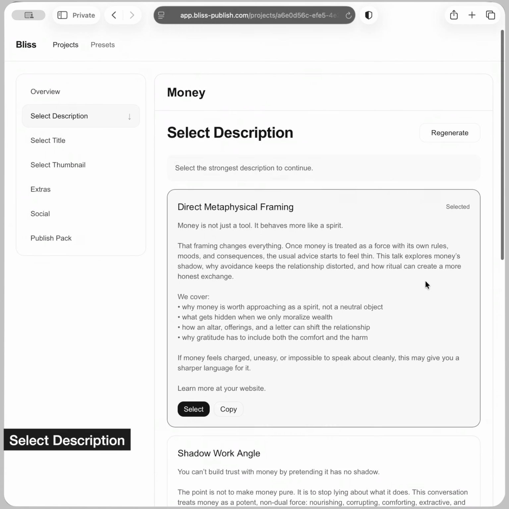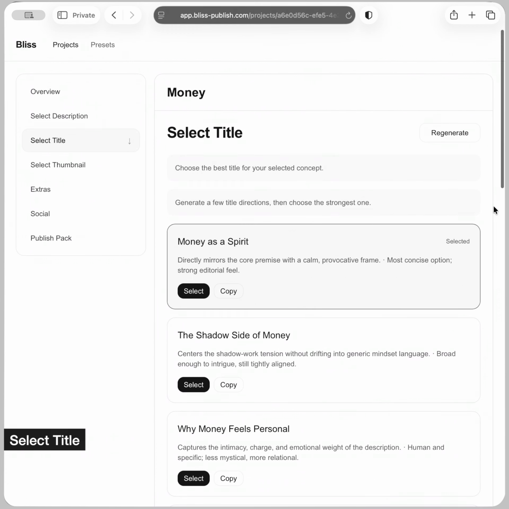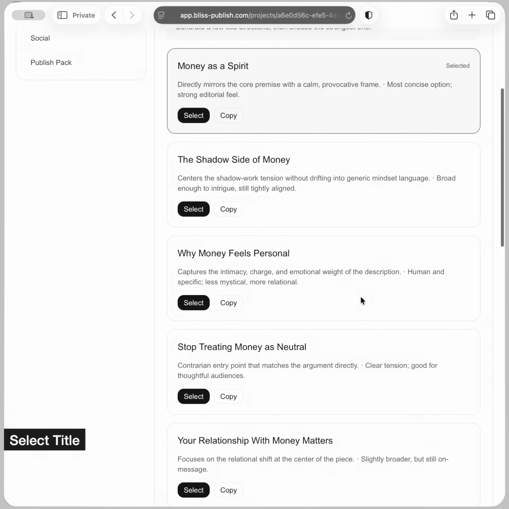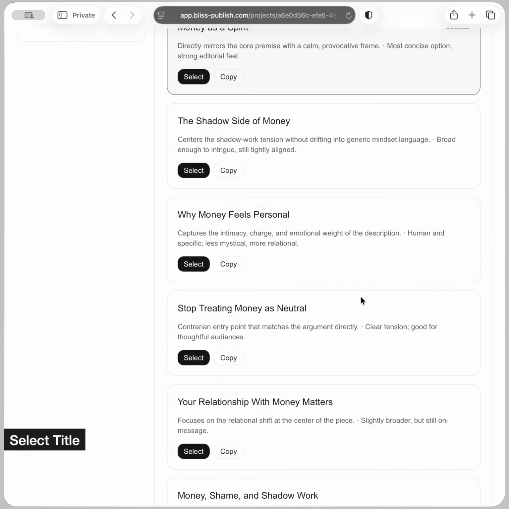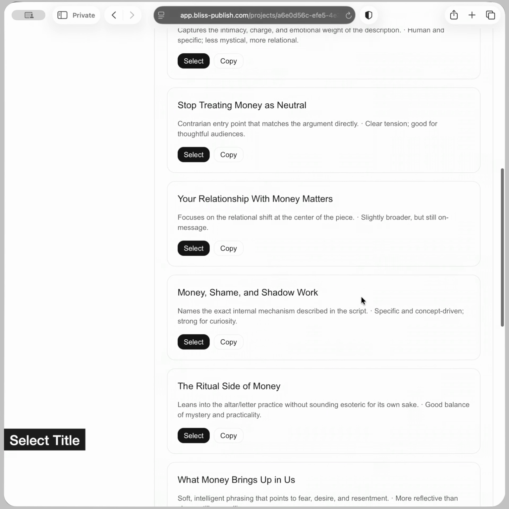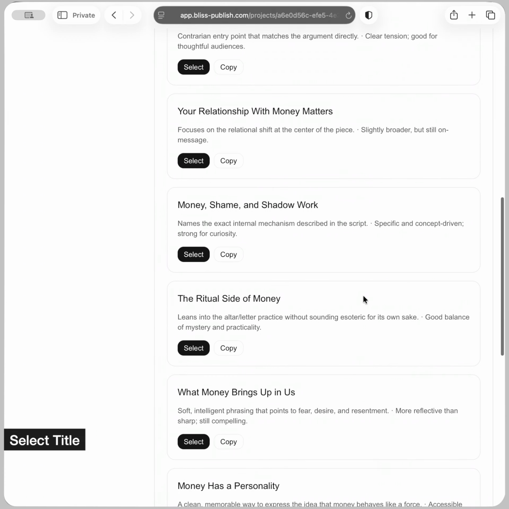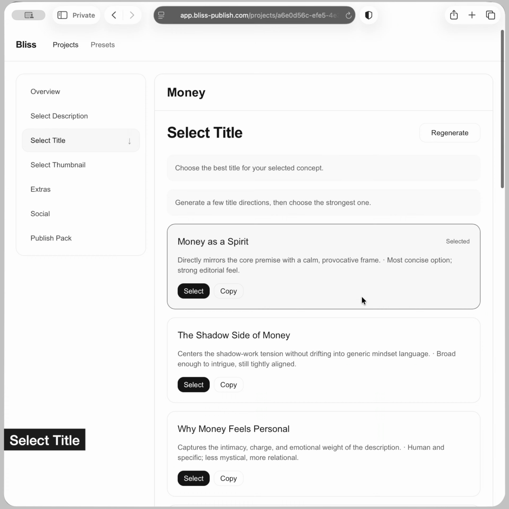Your titles are generated to complement your description, not to repeat the description, because on YouTube, viewers are going to see the title first and then the description opens beneath it. So you want them working together and not saying the same thing twice. So same thing again, pick the one that fits best and move on to the next section,